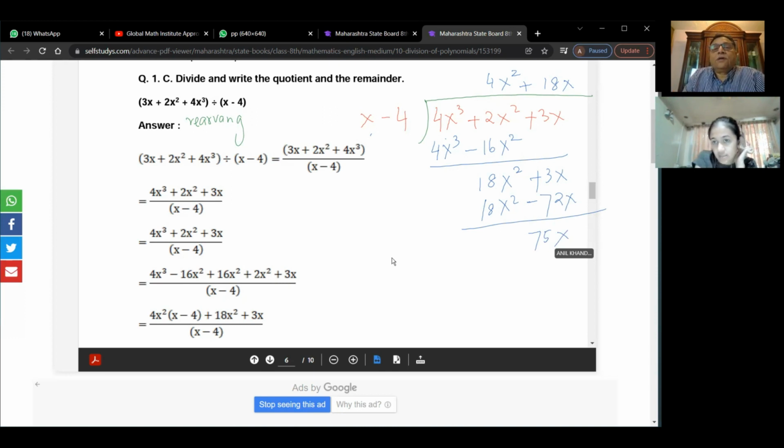75x. However, you can still divide 75x with x, correct? So we will divide it with x. Till the degree of this is same or above, we can divide. So we'll add a 0. This is called a placeholder, right? And we'll bring down 0 here. Do you see that? Yes. A constant. So how many times can we divide? We can divide by 75.